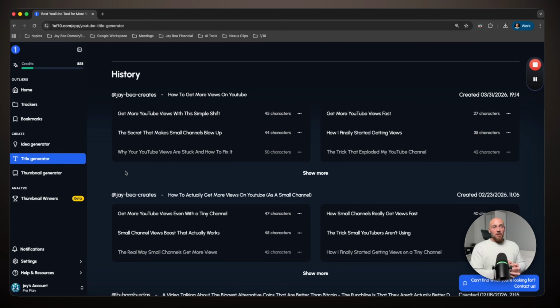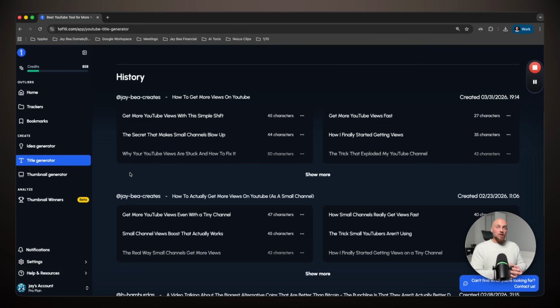So I think you can see that using this title generator and the idea generator together are going to save you so much time on ideation and remove almost all of the guesswork when it comes to creation. And it's from this tool that I've been able to plan my next couple of months of uploads, which has taken so much stress out of the creation process. But